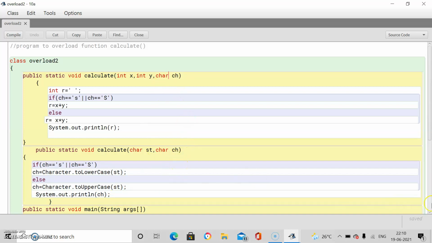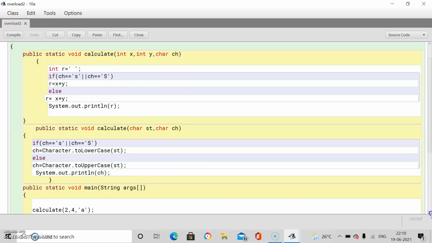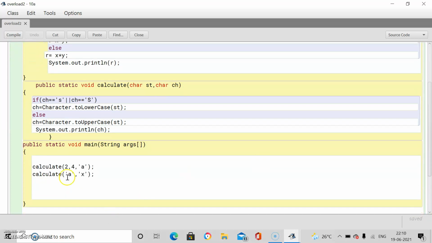Now what we have to do? I have created the main method. We have to show the function overloading. It means we have to show the concept of overloading, so we need to call functions so that we can see. You can see I am calling the calculate function 2 times. Now which calculate will be invoked first and which calculate function will get invoked secondly?